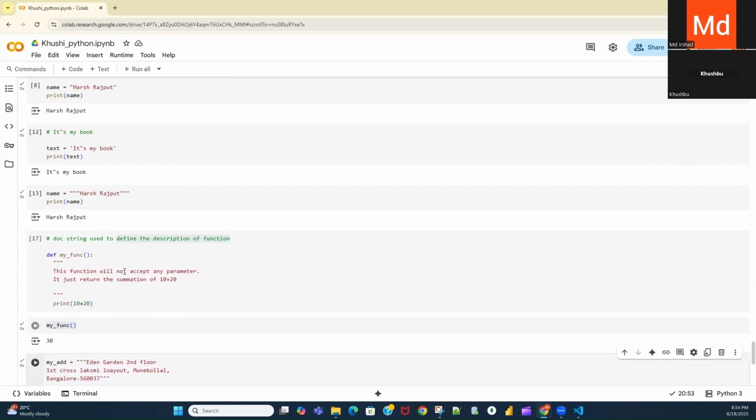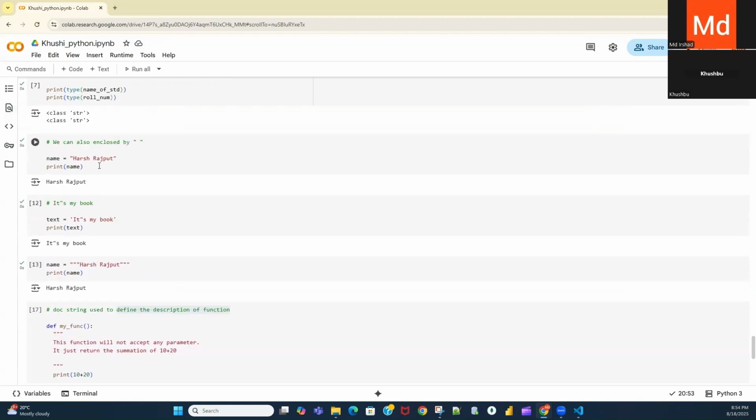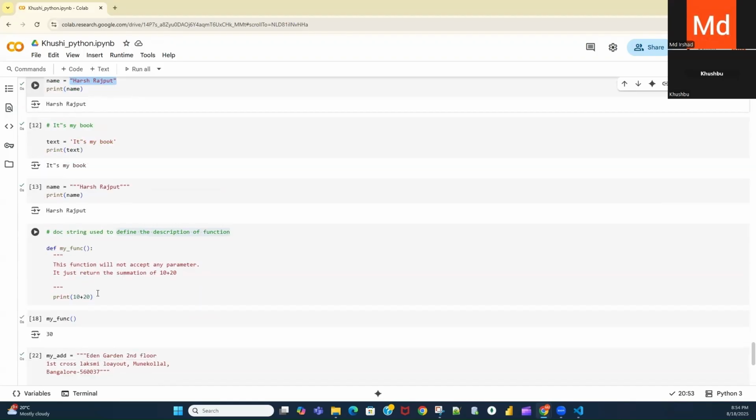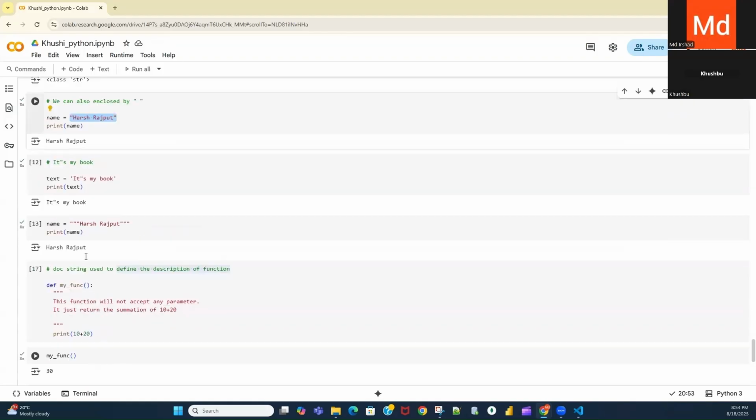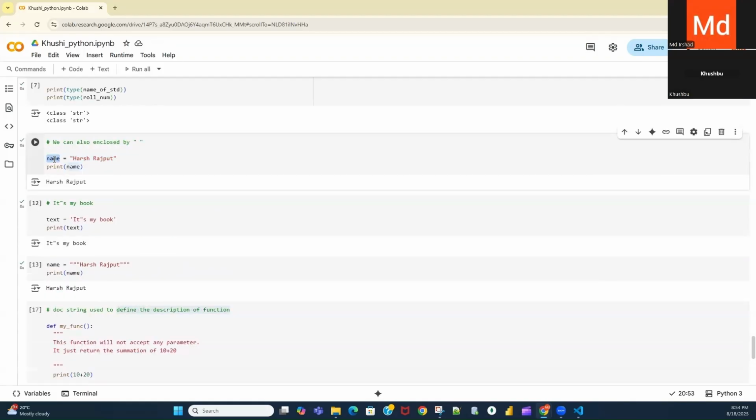Yes. So in real time, what will happen? Right now I'm creating my own data to show you the output, to show how the functions and variables are working. But in real time, whenever we define variables, let's say name, we are not manually defining the name. In this variable we are storing data, but that data will come from our sources.